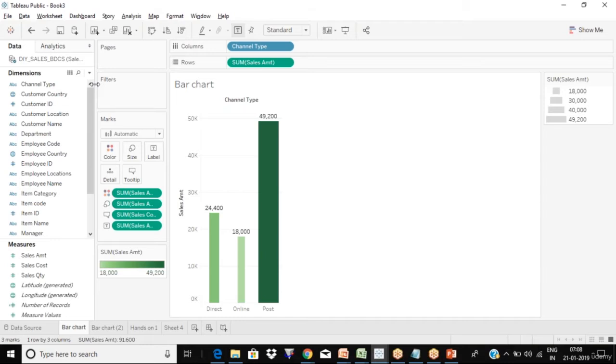How do you load it? And based on the requirement, you would use certain columns and build the charts accordingly. We have not gone into detail on learning each and every chart, we will be doing that, but at least you know how to build a bar chart, how to drag the columns, and how to make use of the marks card.